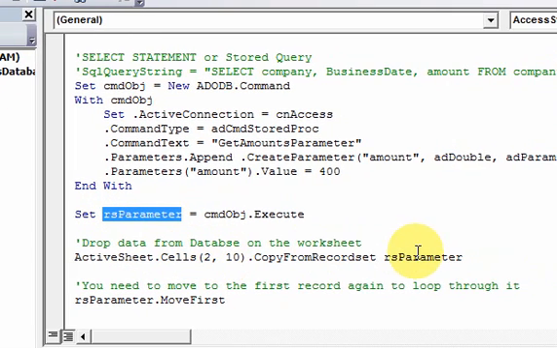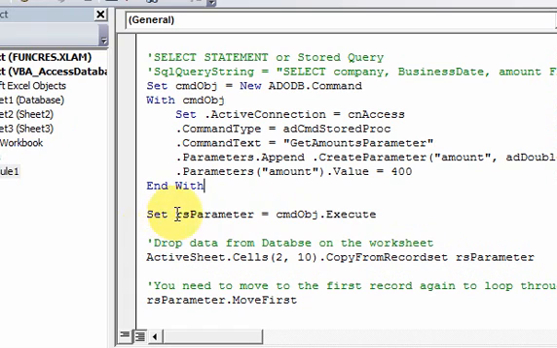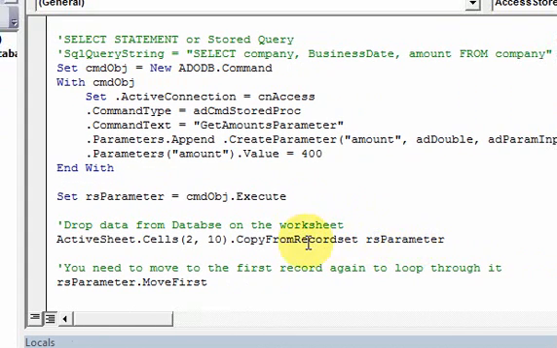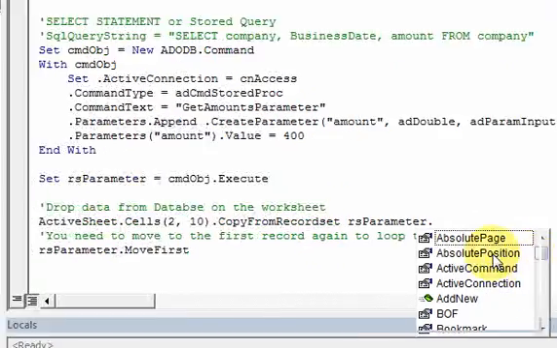Once we have that, we could take this record set object and we could put it on the worksheet using this copy from record set property. If I scroll down,